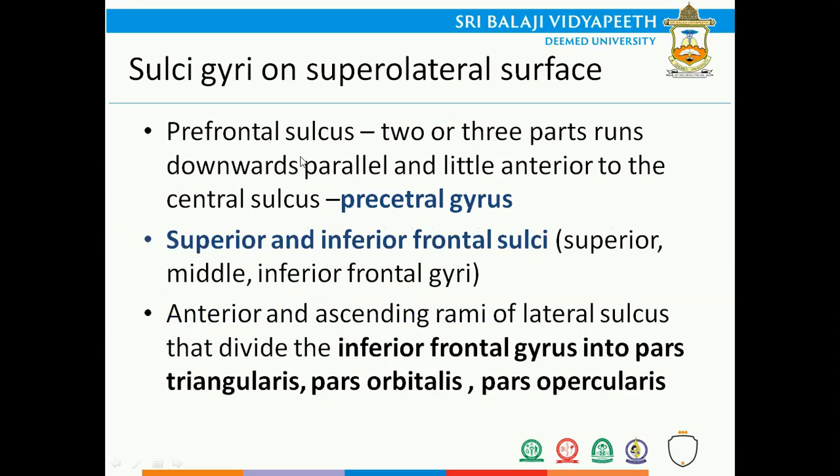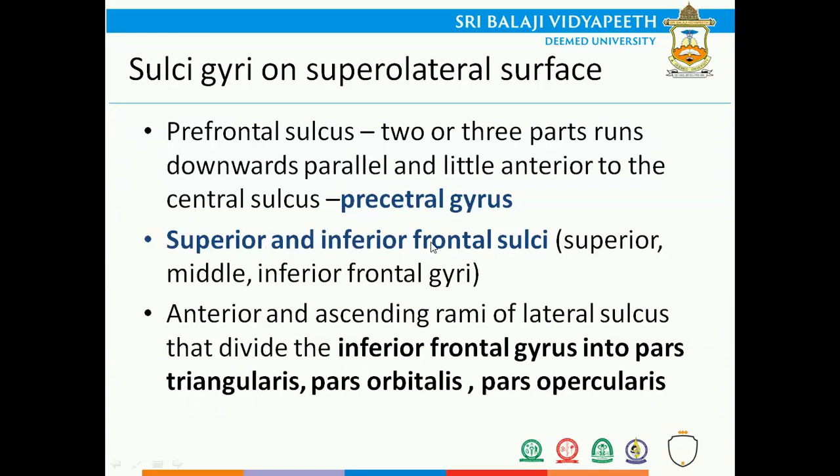Coming to the prefrontal sulcus, the prefrontal sulcus is in 2 or 3 parts and runs downwards and parallel. They are a little anterior to the central sulcus, hence it is given the word precentral gyrus. The precentral gyrus is nothing but the gyrus which is seen exactly in front of the central sulcus, and the